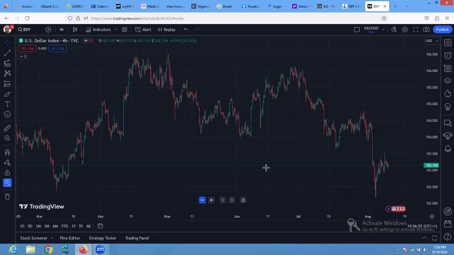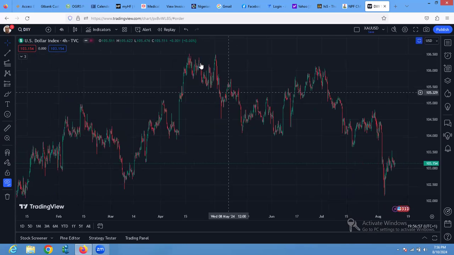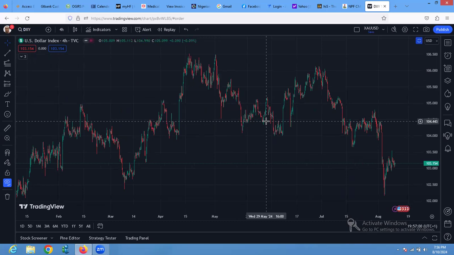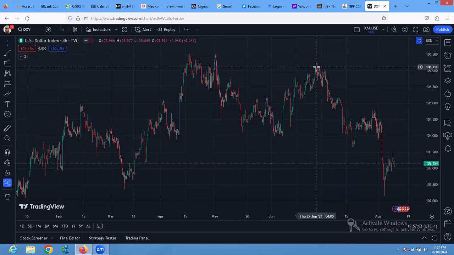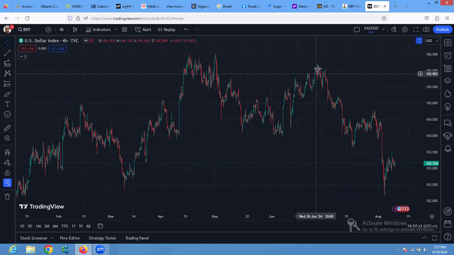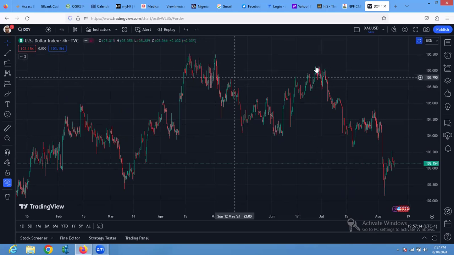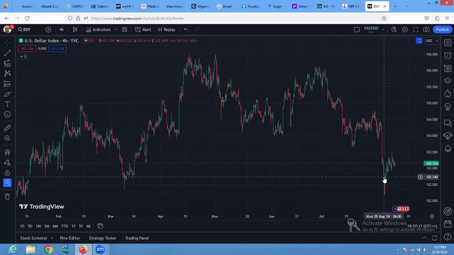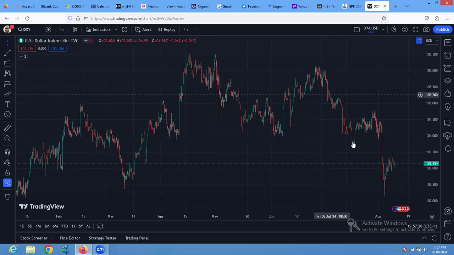So far, we've had this move to the downside, and this one had given us a corrective move to the upside to correct this wave, giving us a format of a 1 and a 2, or it could be A or a B, and this is a C. And this C in itself is turning out to be a three-wave format. So we are seeing a three-wave format, which could technically turn out to be